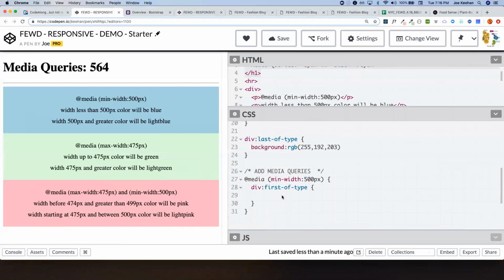And so I'm gonna put in here background, right? I'll just paste the background color. And look, the color changed. You can change it to whatever you want, to another color. I'm using